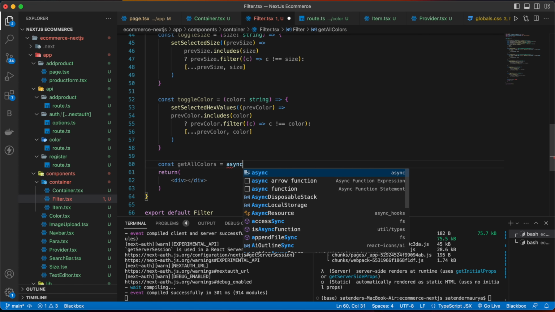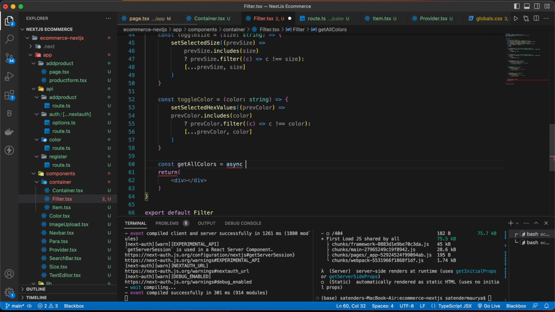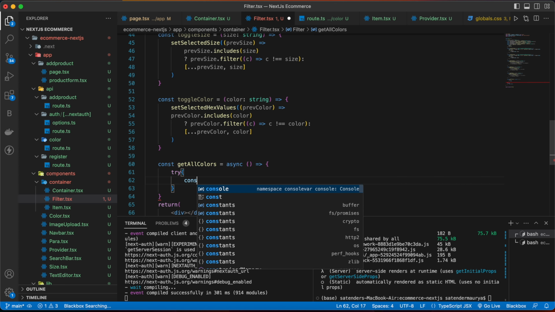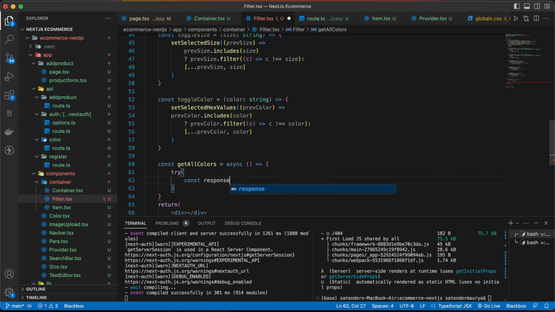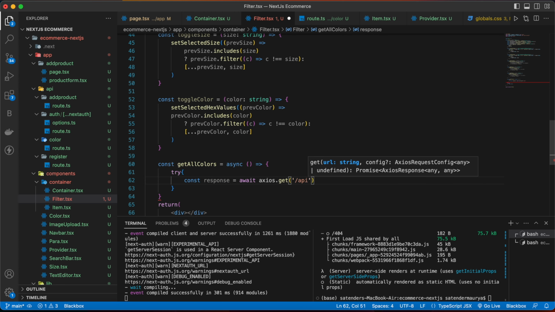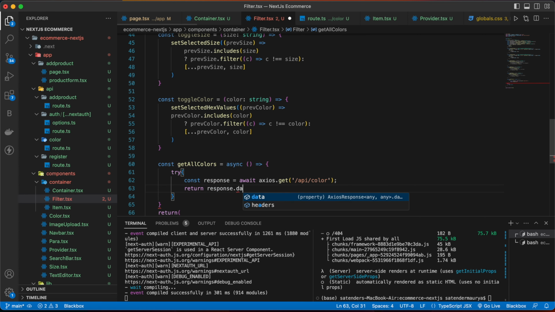It will be a type of async function, and then inside that we are going to use a try and catch block. const response is equal to await axios.get, then provide the URL, which will be /api/color, and then return response.data.